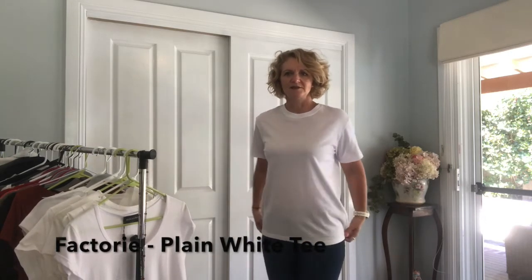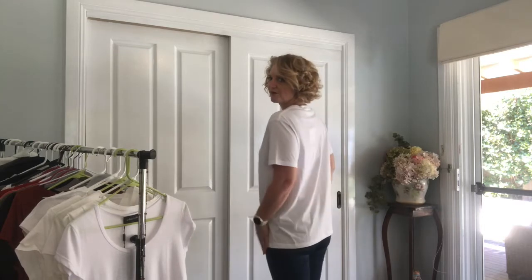See how the lines sit right at a space. This is the spot that I am trying to disguise because it's something I'm not overly fussed with. It's the largest part, top of my thighs. Sits right across the bottom here. There's no shape, it's a square, so you'd have to pull it in to give you some sort